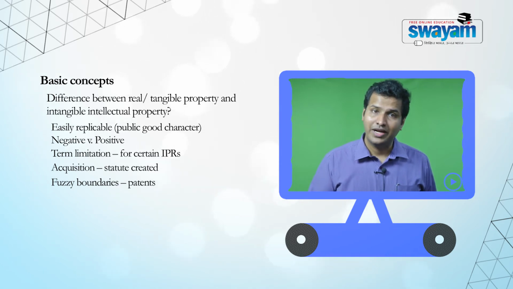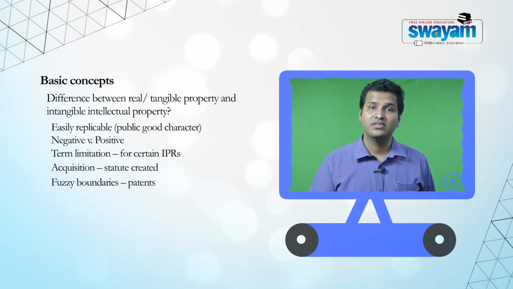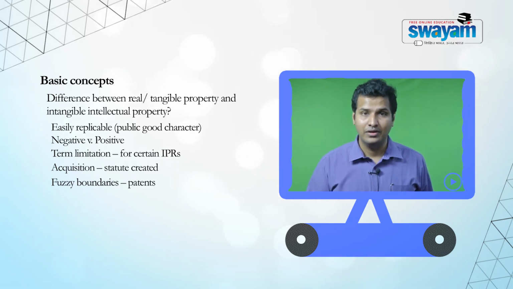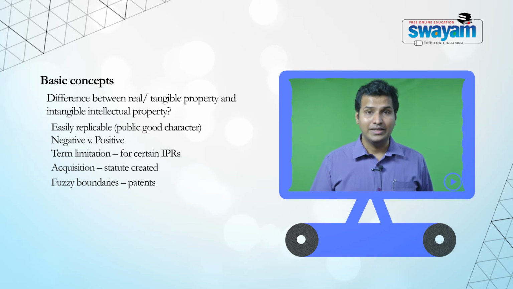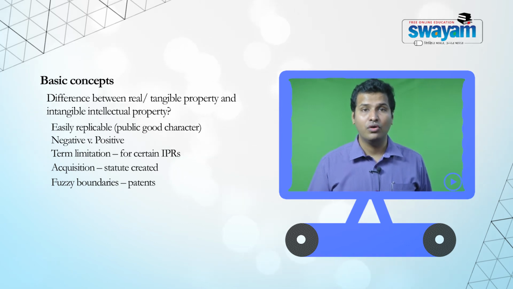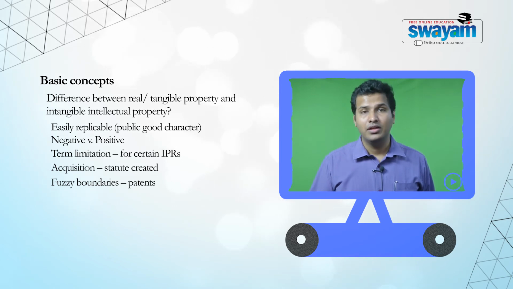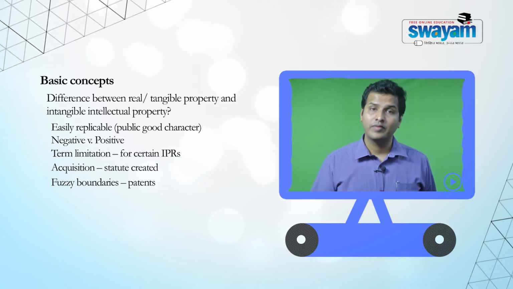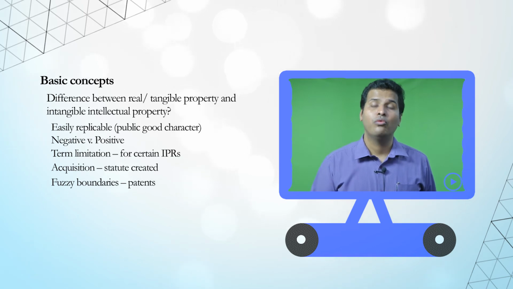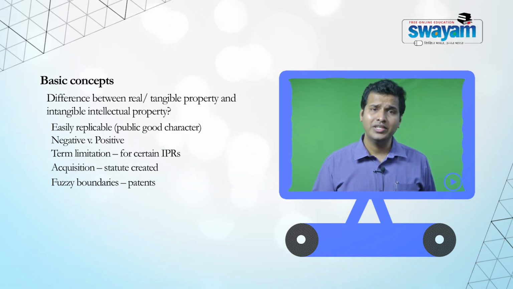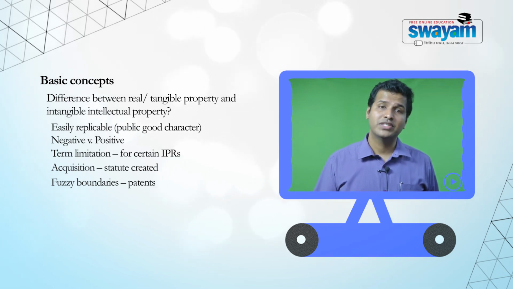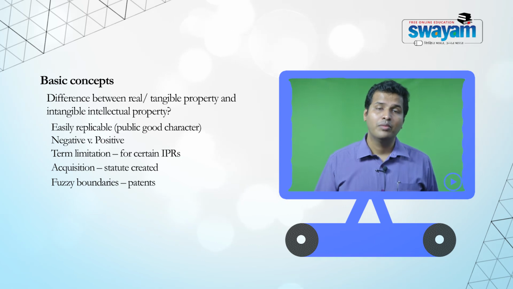Once the application is made to the patent office, the inventor may have a certain conceptualization of what the claims are, and furthermore, external third parties will have a certain version of what the claims are or how the claims must be interpreted. Finally, when litigation ensues, the court will apply certain doctrines involving claim construction, or patent claim construction, and will come to a certain conclusion of what the boundaries of the patent are. So, ultimately, from the conceptualization by the inventor till the conflict is specifically resolved by the court, the boundaries remain